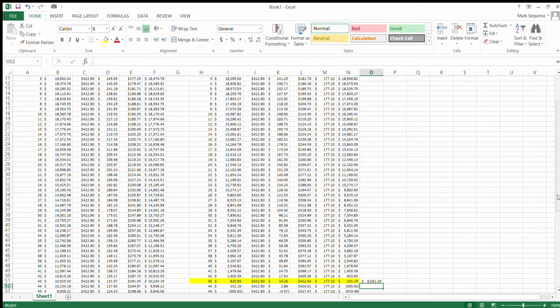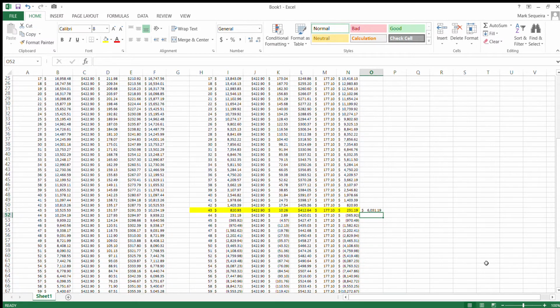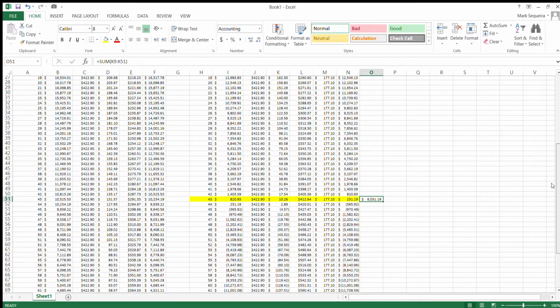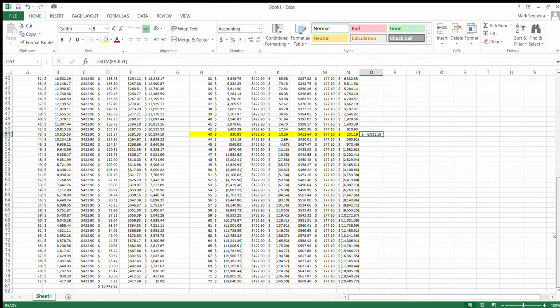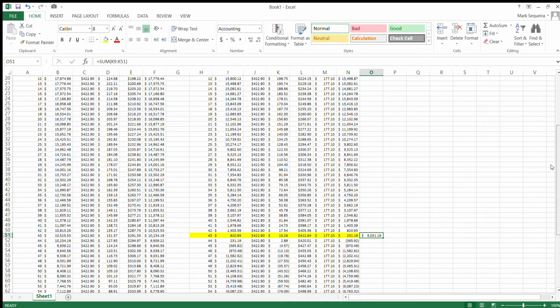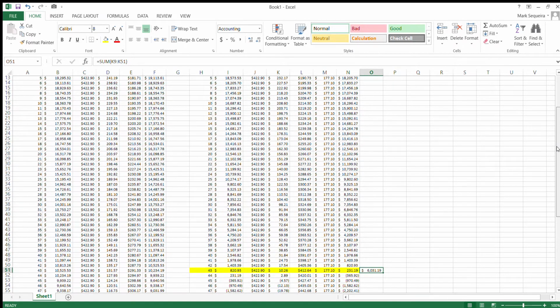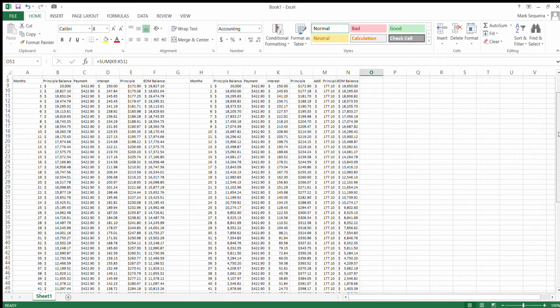Okay, so now you've actually paid off your vehicle and you've only paid $6,031 in interest. You've basically saved about $4,400 in interest. Okay, which is a significant amount. Okay,